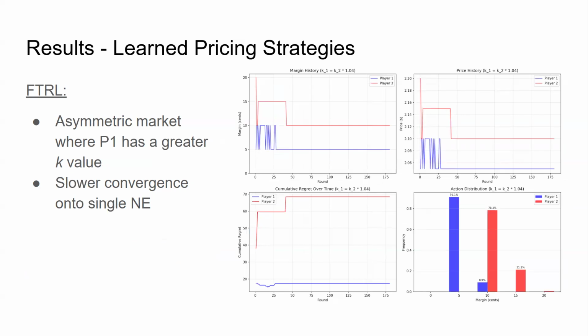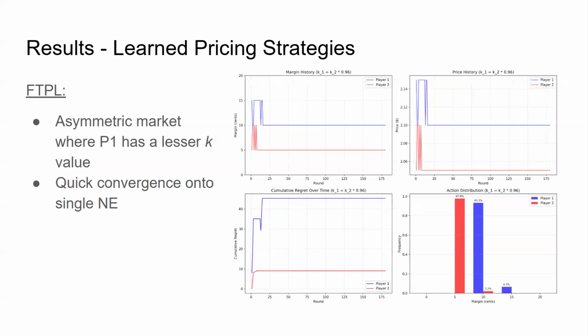So for FTRL, this is the one where P1 has the disadvantage. There's a slower convergence onto the only Nash equilibrium, but it still converges onto it, so it's performing well. It also shows that this is a more complex game when there's an asymmetrical payoff for the same actions between the two players. And then for Follow the Perturbed Leader, this one is supposed to converge the fastest, and it seems that it did. And this is the most complex game because